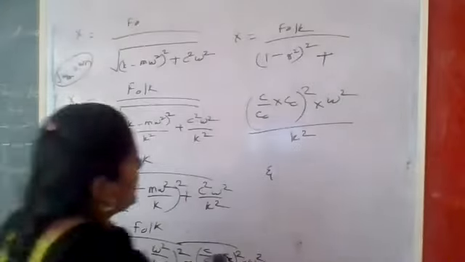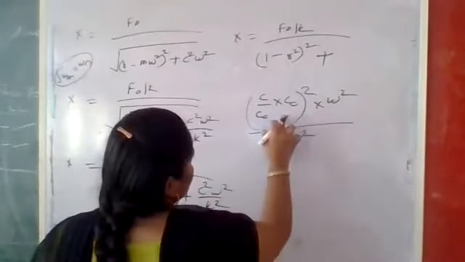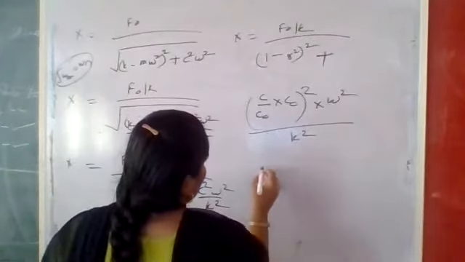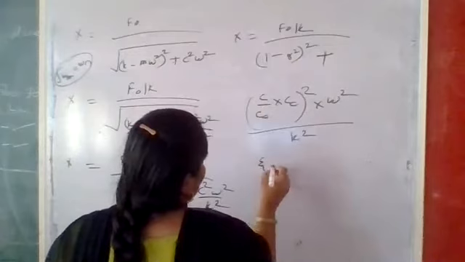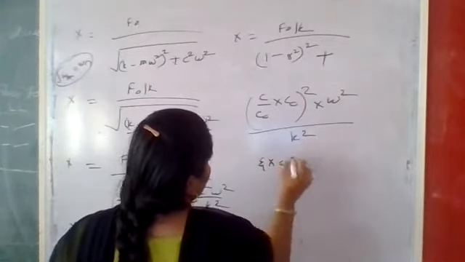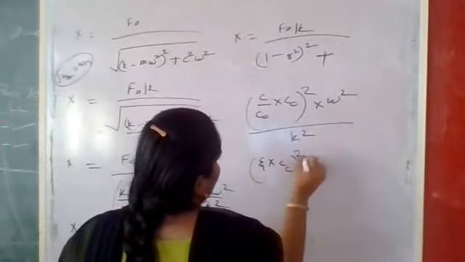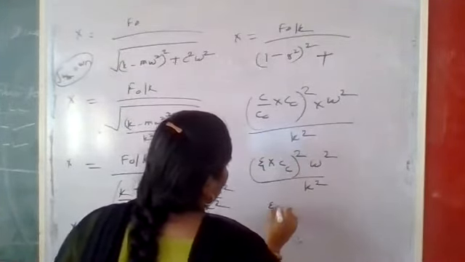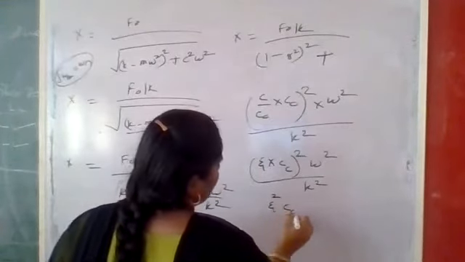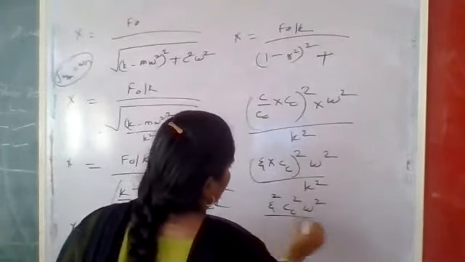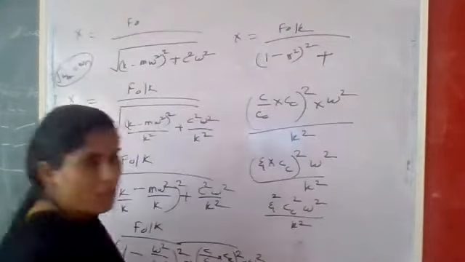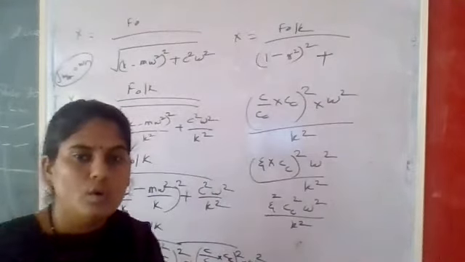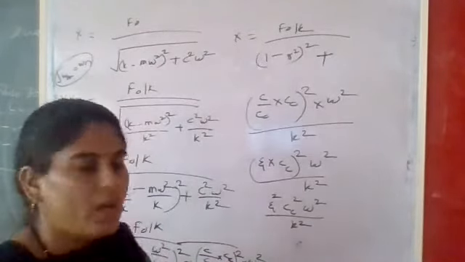So how we can write it, see what you will write in this place: cc, omega square and k square. All these values are here, so you can write here c upon cc as zeta into cc, that is the remaining term, bracket square, omega square divided by k square. So zeta square into cc square into omega square divided by k square. So you can put here directly the value of cc. What is the value of cc? The formula we already know. cc is equal to twice m omega n.